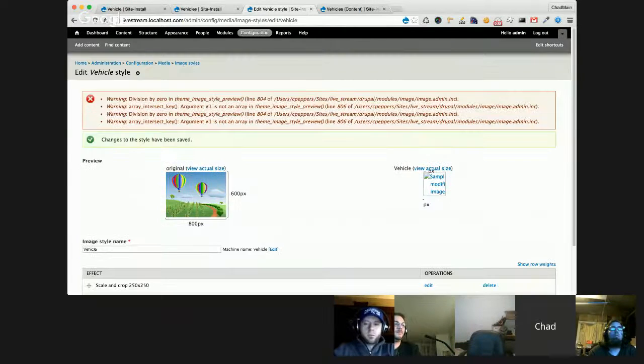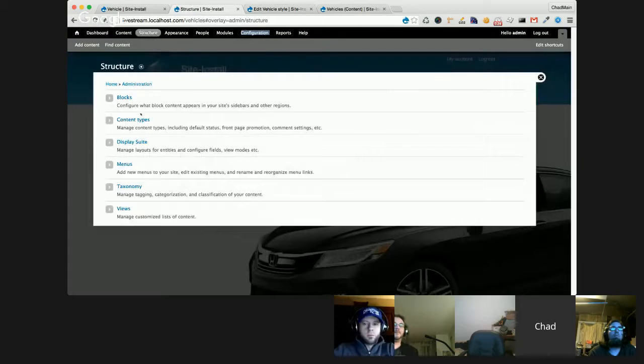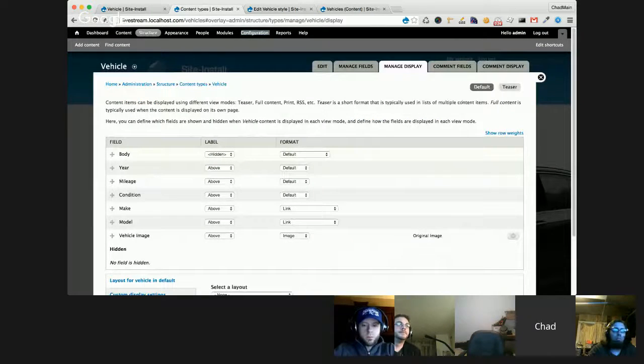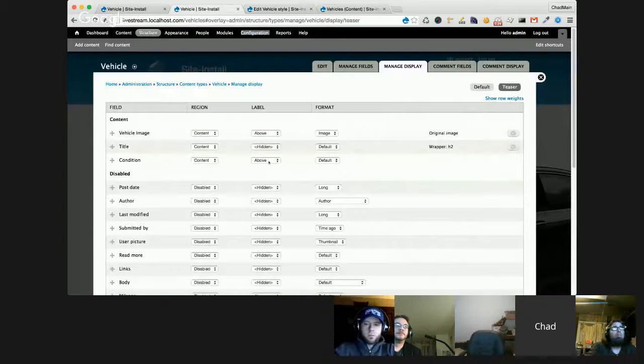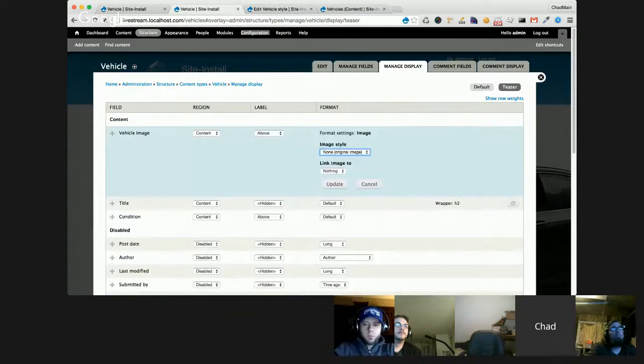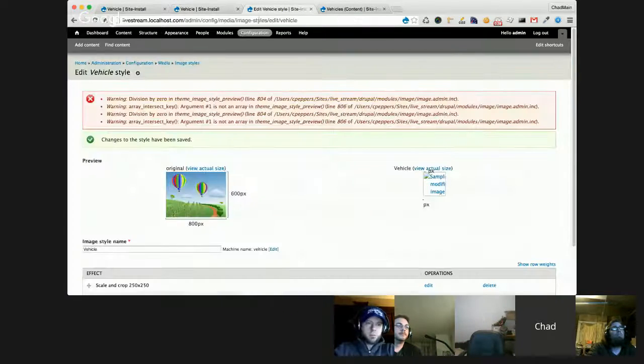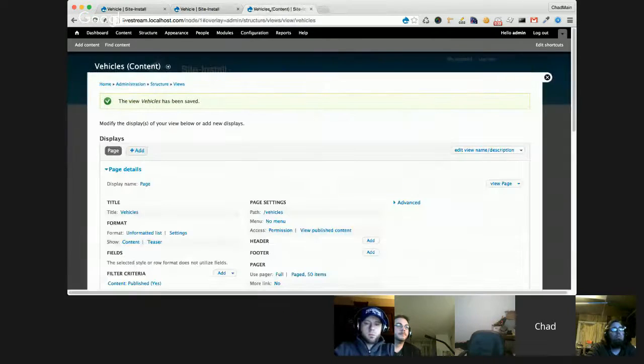And update style. Then you can go back to your manage display, go to my teaser, and say I want to display the image style called vehicle.